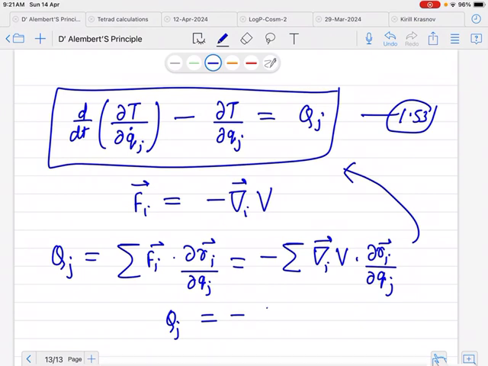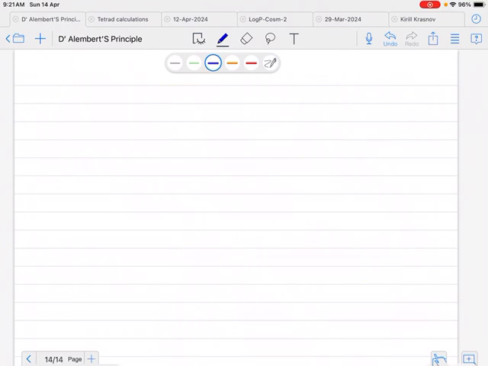So from the chain rule we can write it as minus del V over del qj, or del qi, whatsoever. This is 1.54, and we can put this value into equation 1.53 and it becomes d over dt del